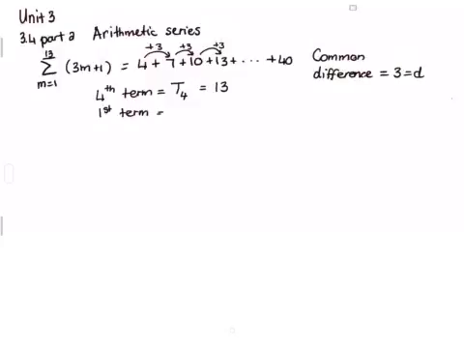You can call it T1, but we also call it a lowercase a, which in this case is a 4. You need to know your common difference, you need to know your first term, and then n is how many terms, and you will remember that